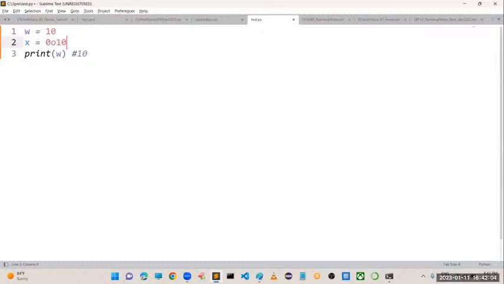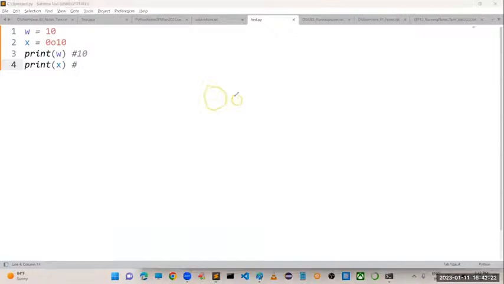Sir, you have given an octal number only, but first Python is going to convert it into decimal or not? Yes. Now I want to print x here, and how is it converted? The given value is 0o10. Ignore the 0o because it is used for representation.